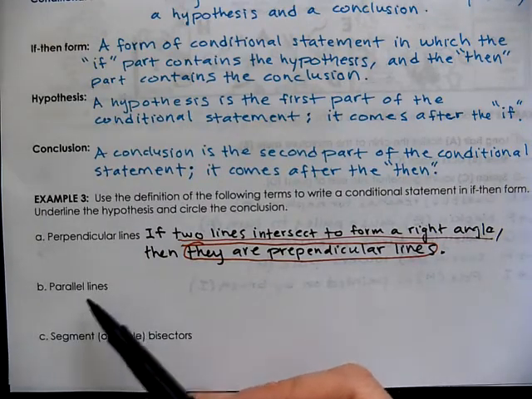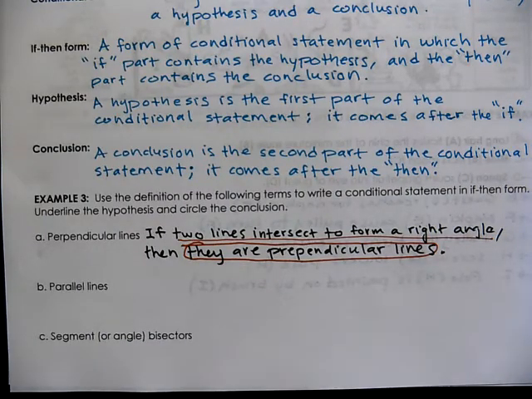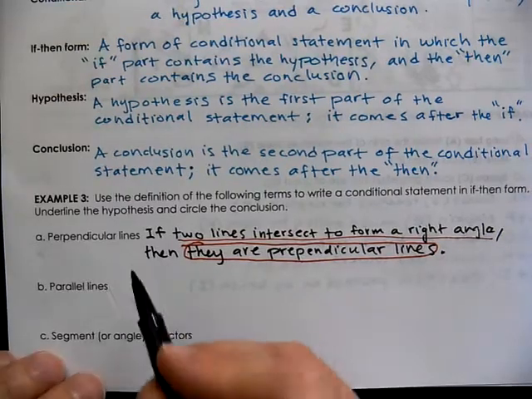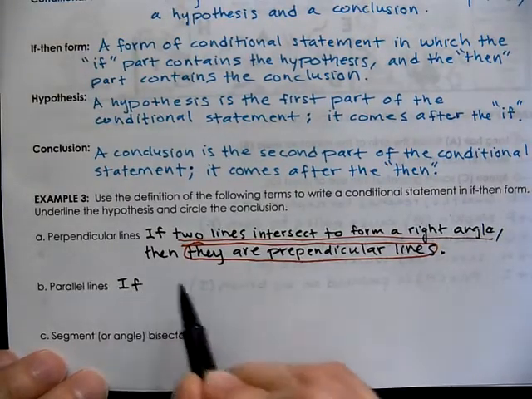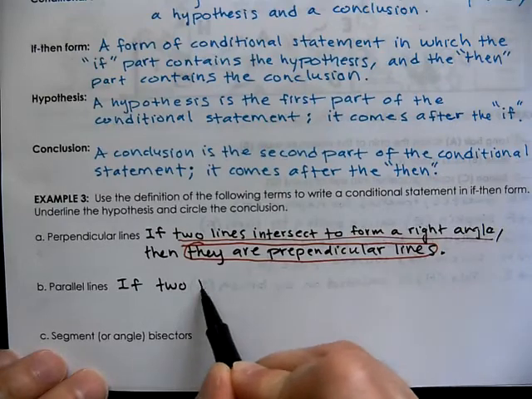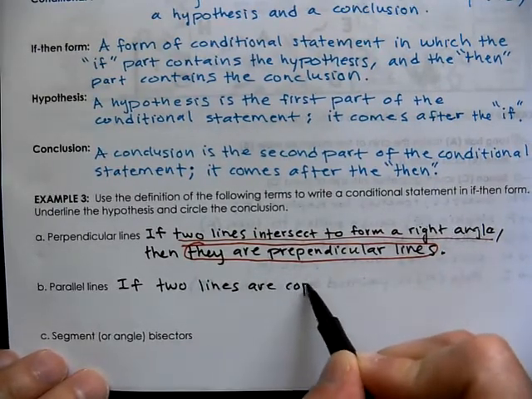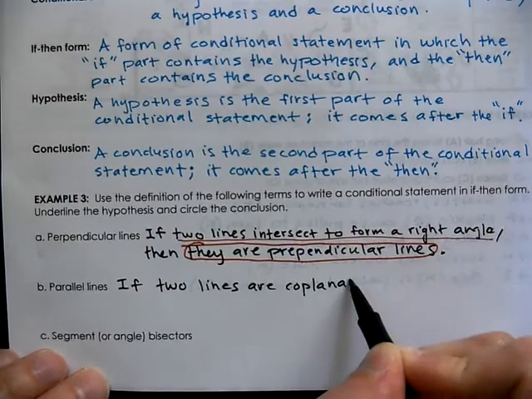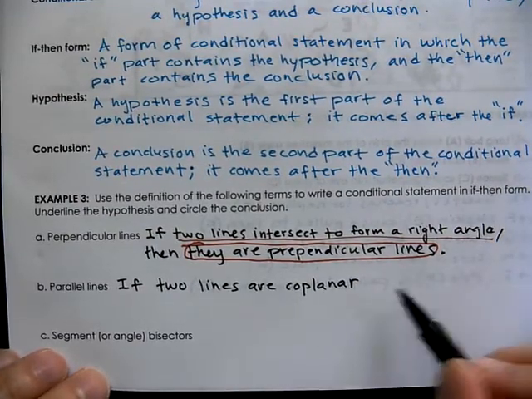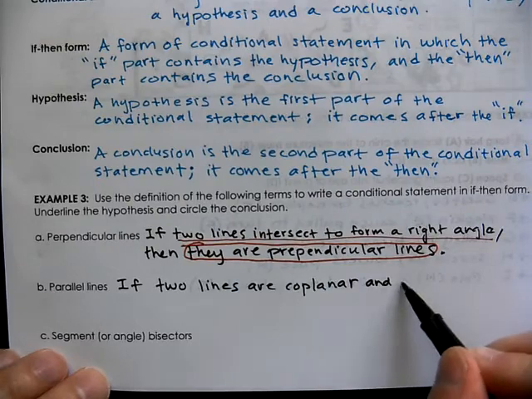We've studied parallel lines. Think for a moment, how would you describe parallel lines? You might say, well, they're two lines that don't touch each other or don't intersect each other. And yeah, that's essentially it, but we want to format it now into this very specific pattern of if and then. So here we go. If two lines are coplanar, that means together on the same plane. If two lines are coplanar and do not intersect,